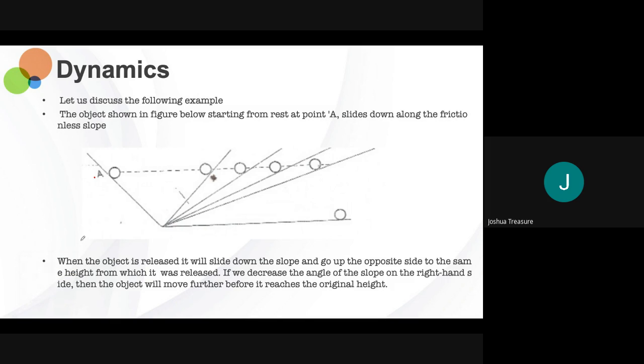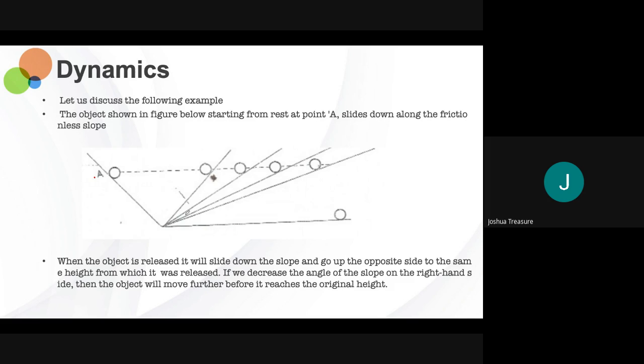Starts up here. We have different slopes for it to go up. All right. So when the object is released, it will slide down the slope and go up the opposite side to the same height. Right. Now this would be if it is placed at an angle, if the slope, of course, or the whole trajectory is frictionless. All right, so you'll find that it will move to the same height, because of course,